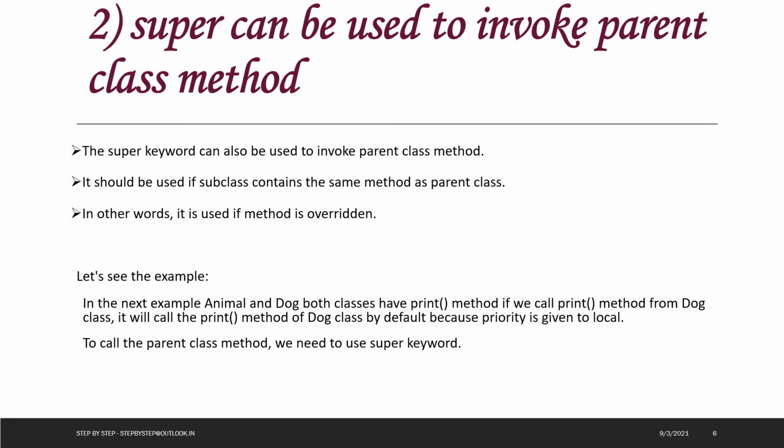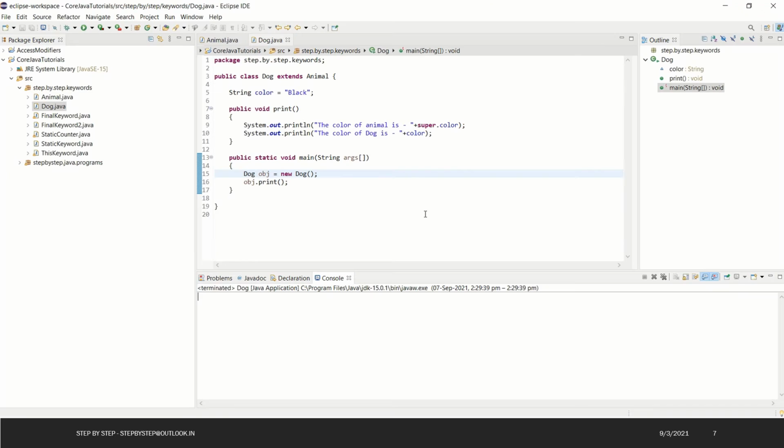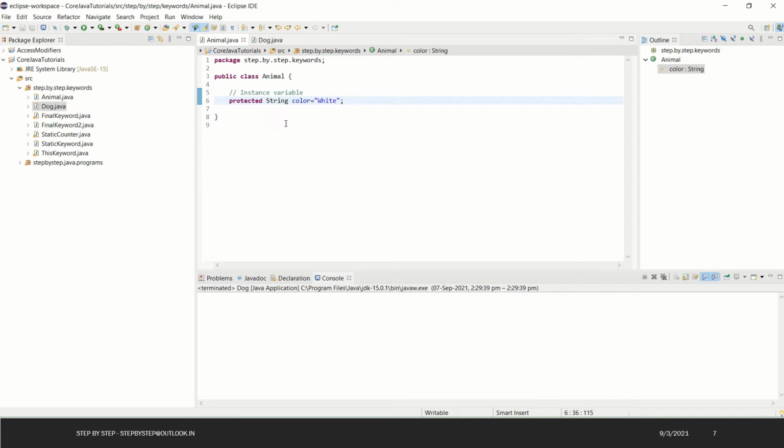So let's modify the existing code only. I'll add the print method in the animal class as well, and we will see how to use this print method in a dog class. I need to add one more method in the animal class.